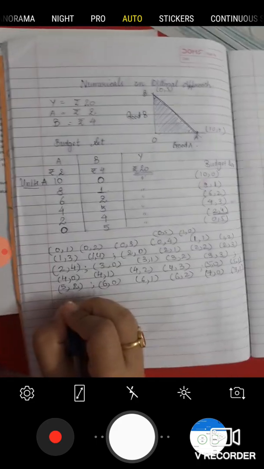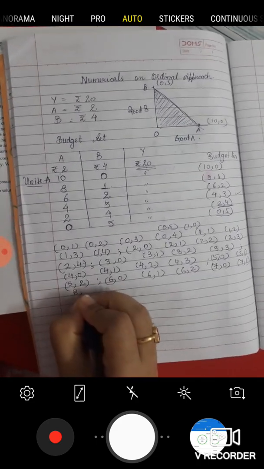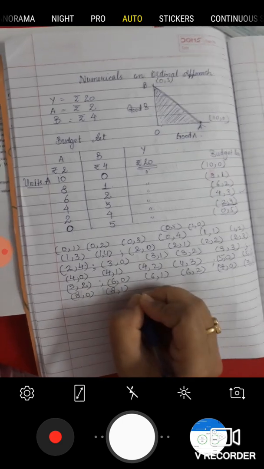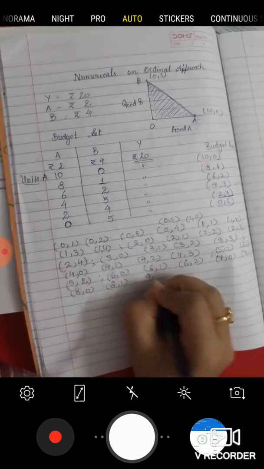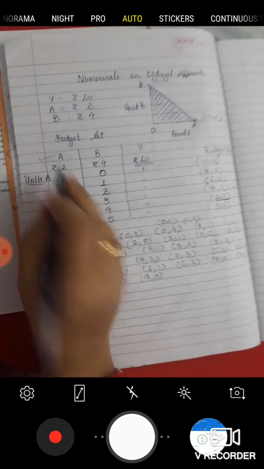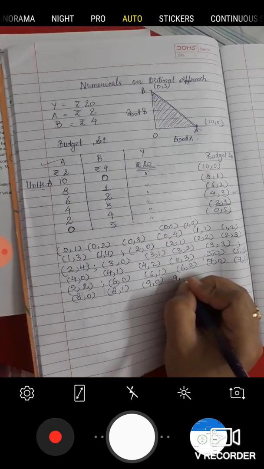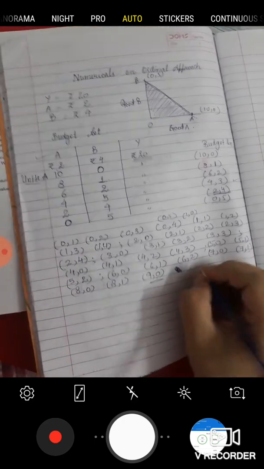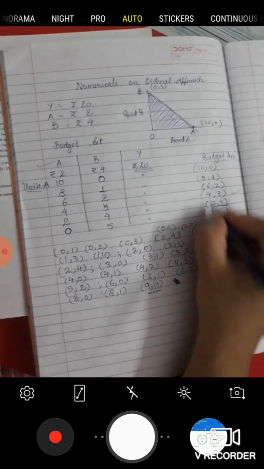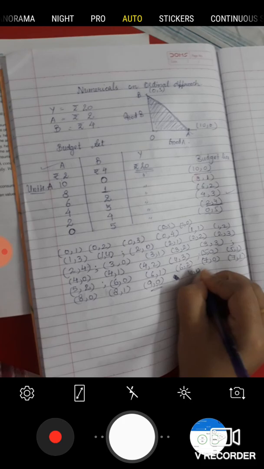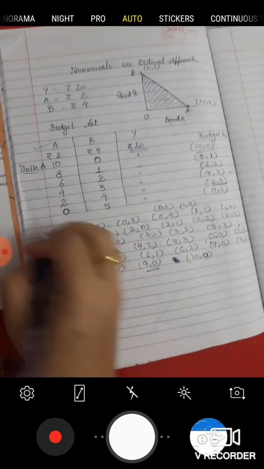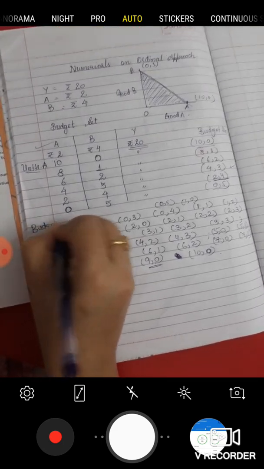So we move towards 8, 16 rupees plus 0. 8, 1, 16 rupees plus 4. That is only possible. 9, 0, 9 units of A can be bought, 18. 18 plus 4 is not possible, so we cannot buy any other bundle. Can we buy 10 units of A? Yes, this is also a bundle here. 10, 0. So we got all the possible bundles which can be bought with 20 rupees. So this is the budget set including the budget line, and here are the budget line points.